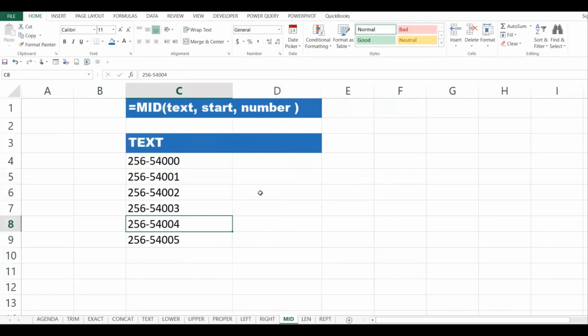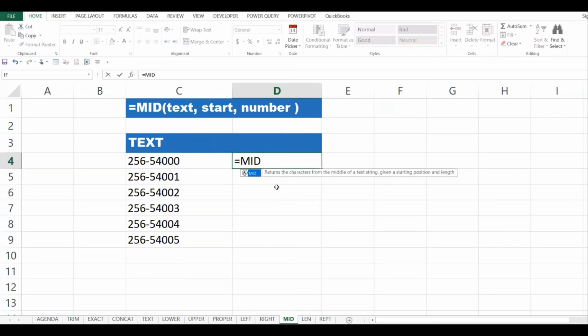Next is the mid function. So what does the mid do? It takes the text which I've selected, that is my text. Now I want to extract, I have characters here which are made up of 2 parts, 2, 5, 6, separated by a dash, and then the rest of the characters. Assuming I want to get all those after this dash.